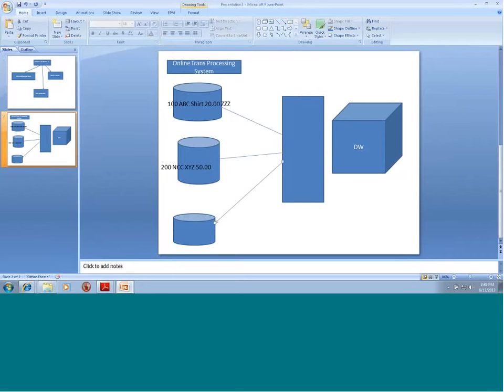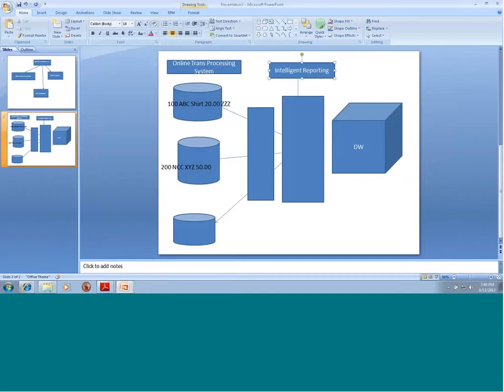Will I be able to do that by looking at these 3 different tables? It becomes very difficult, because the data that is stored in a particular region is stored in one format, and it is stored in a completely different format in another region in another database. So for me to go and look into all these multiple tables and do analysis, and then on top of that, do intelligent reporting, it would be very difficult,